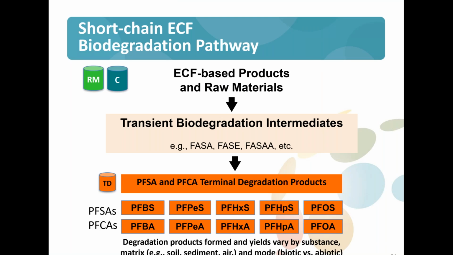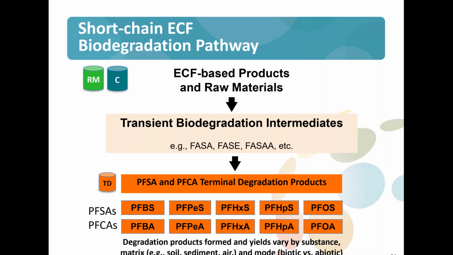Okay, so when we talk about electrochemical fluorination-based substances, today the short-chain substances are largely based on the butyl chemistry, C4, but I've included a perspective for the longer chains because historically we're still just seeing them present in so very many places. But again, much like the fluorotelomer-based materials, the ECF-based products and the raw materials to make them, once the first steps in degradation occur and the fluorinated functional part is carved off of a surfactant or a polymer, they have the same basic set of transient biodegradation intermediates.